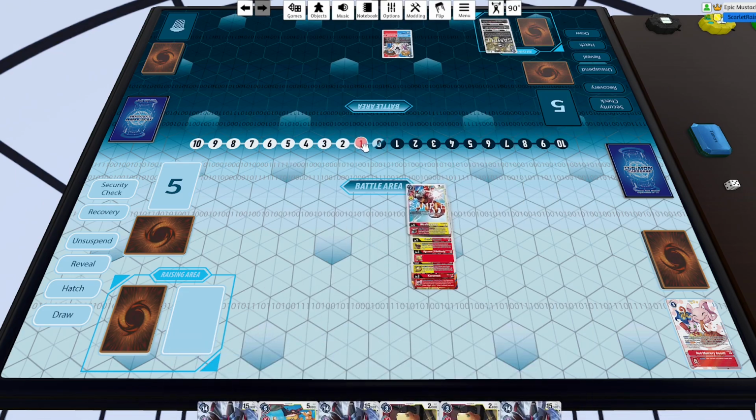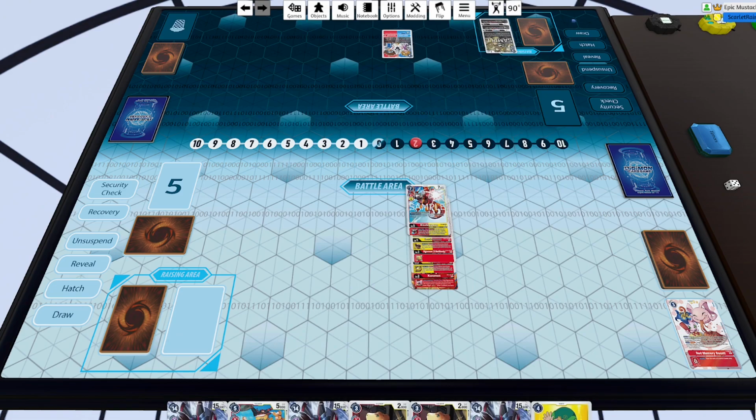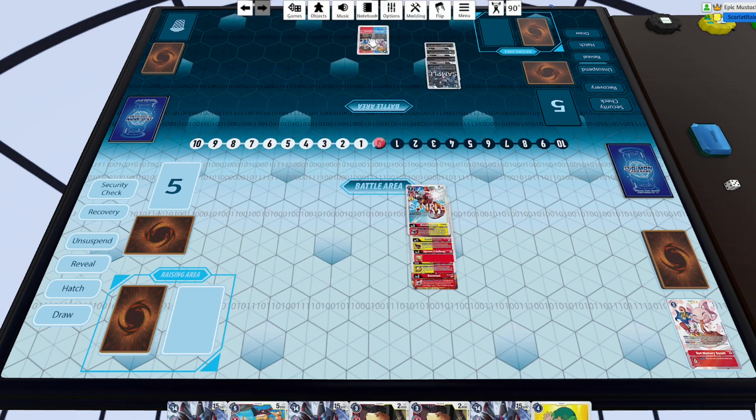GeoGreymon not being able to play Marcus since we don't have one, I'm just trying to cycle until we can see some more Tamers with the Rise Greymon. And so our opponent is going to have a really strong turn 2. So we are going to see the Greymon Digivolve for a cost of 2. All level 4s pretty much have the same effects, so we are going to be able to Digivolve one of